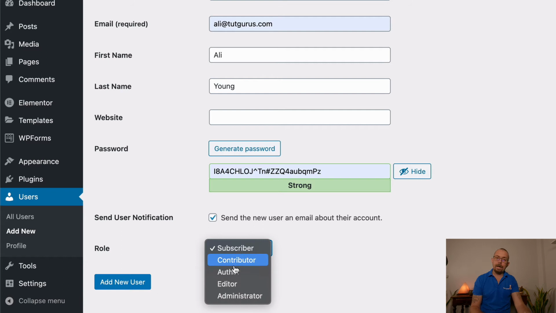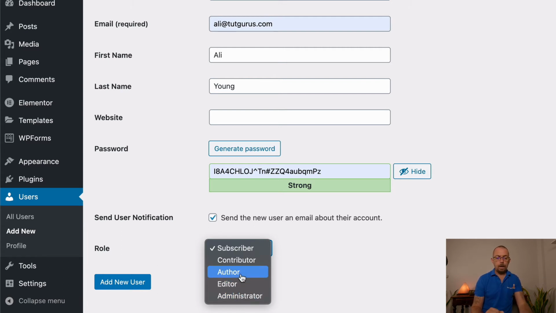This is what's so awesome about these users, that you can associate different people. So let's say you've got someone writing blog content for you, or someone you want to manage the actual website, but you don't want them to have access to everything on your website. They can only do a certain amount. So when you create a user, you want to make sure that you assign them a specific role. It's very important. If they're writing, editing, or managing your WordPress website, you can use editor. If they're creating content, writing content, you can use author.